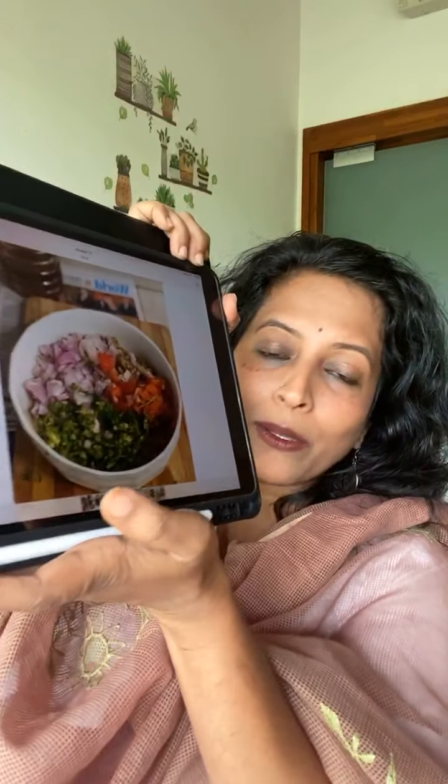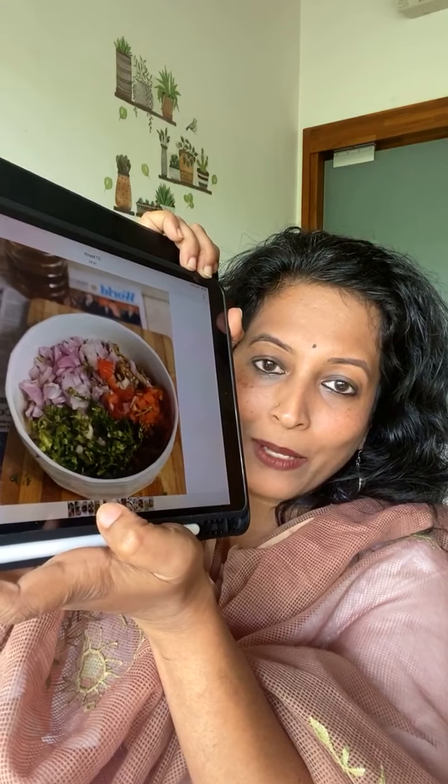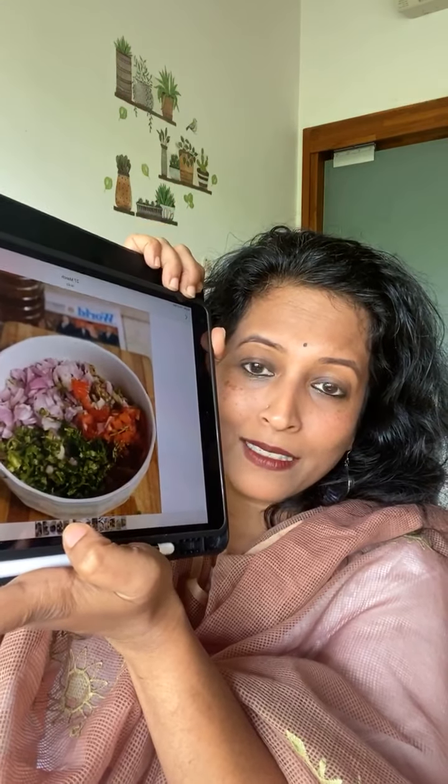Yeah, this one. So see, this is something called begun pora. It's in Bengali cuisine. It's a roasted eggplant with some chopped onion, chopped tomato. There's coriander, chilies, and a lot of mustard oil. So literally, this also qualifies as a salad because other than the roasted eggplant, everything is raw. And so just think of it this way, that there's no limits to what you can actually make or call as a salad.